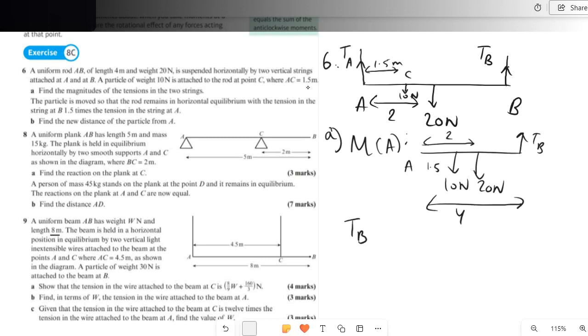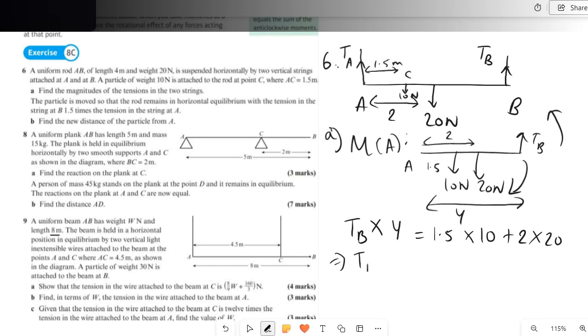Therefore, tension at B multiplied with 4 is going to be equal to 1.5 into 10 plus 2 into 20 newtons, because this will produce an anti-clockwise moment due to tension B, and the weights will cause a clockwise moment due to the downward position of the weights. Therefore, the total anti-clockwise moment will be equal to the total clockwise moment. Therefore, tension at B will be equal to 15 plus 40 divided by 4, which is going to be